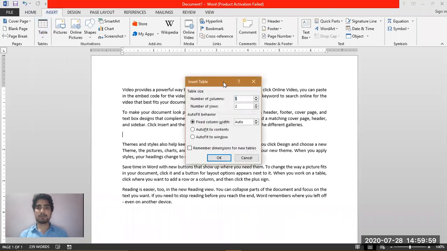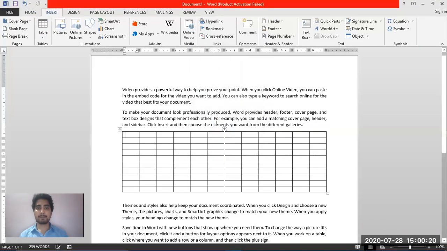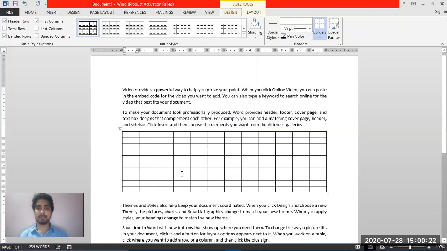After clicking on insert table, you can see this dialog box has appeared. Now in this insert table dialog box, in the first box, we need to insert the number of columns. So let's insert 12 in number of columns. And it has been inserted.